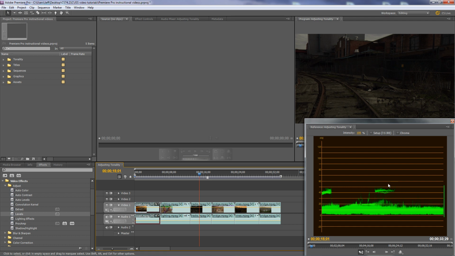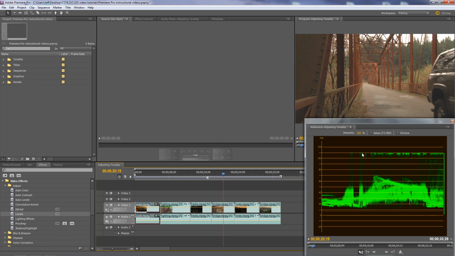These two areas here are areas of the sky. And the sky should be much brighter than just 40. We want to get those guys up more toward 80 here in this case. And then this bridge, we got this bunch of stuff here along the top that's just about touching the 110 line. Now the thing about HD camcorders these days is that even though at 100 you no longer have detail